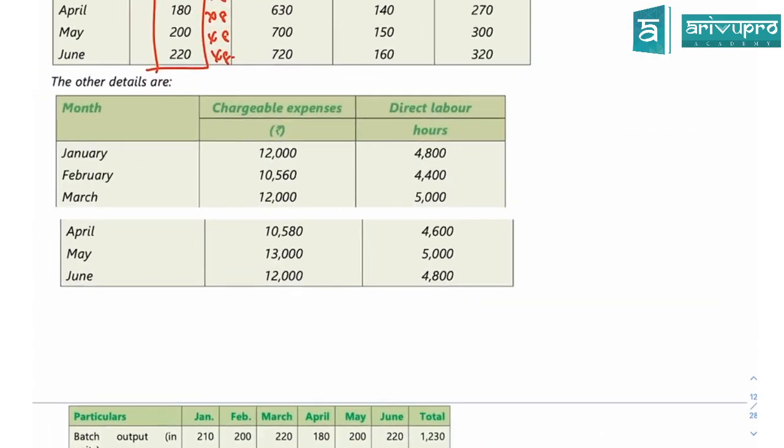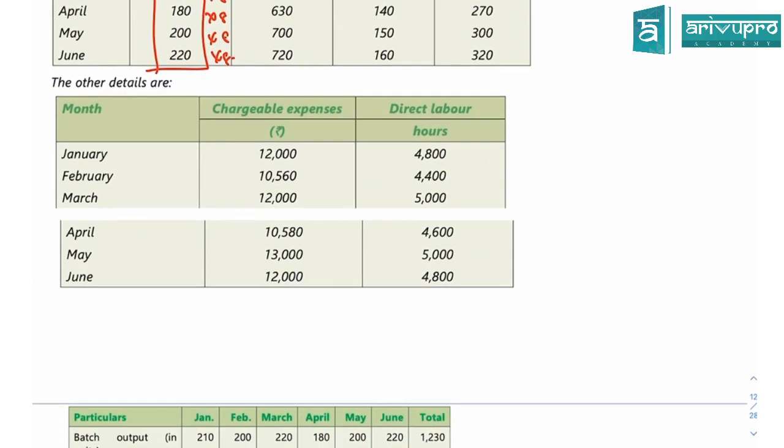Now, what is going to be my overheads? This is very, very important. They have told me that overheads are going to be calculated based on what? Guys, what did they tell regarding the overheads? How are they going to be calculating the overheads? Overheads are going to be calculated based on the labor hours, right?